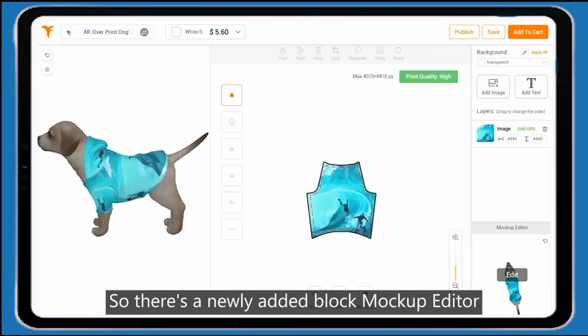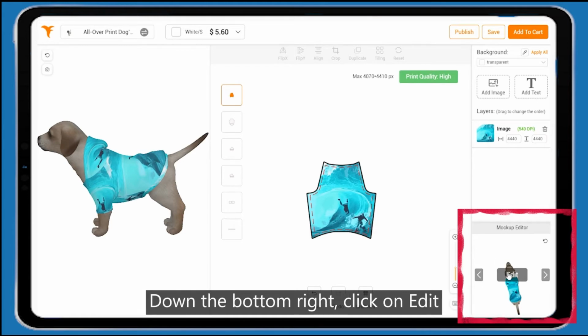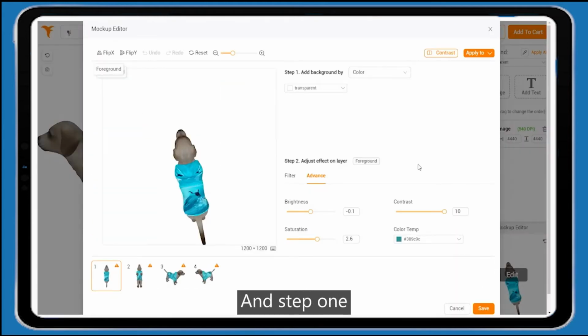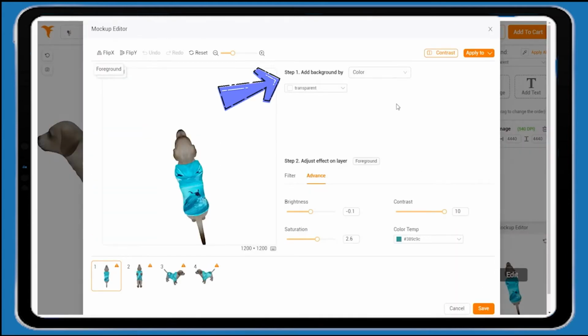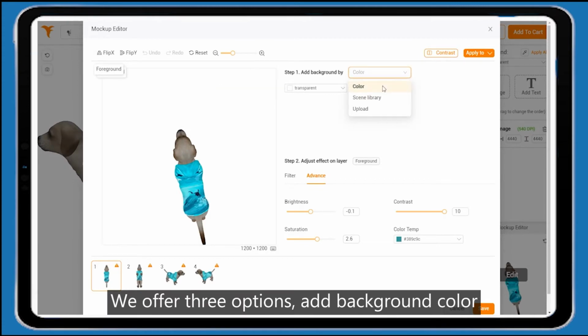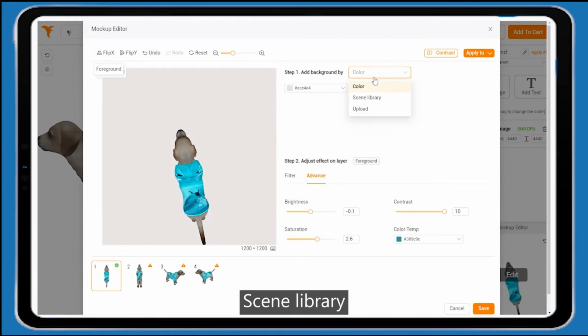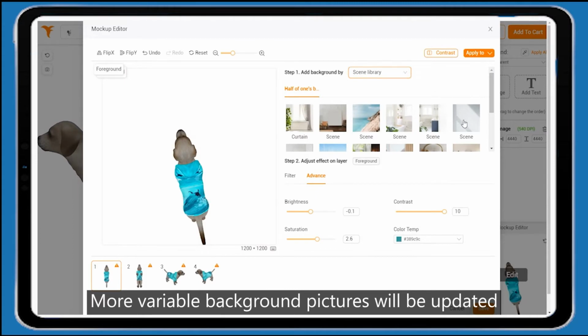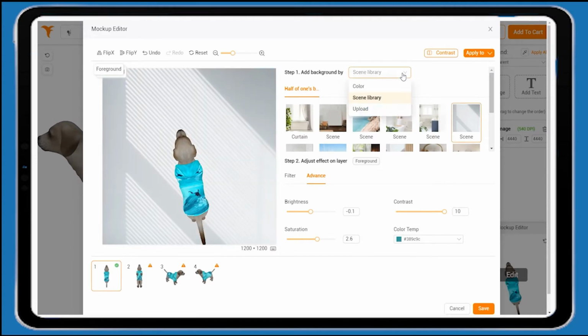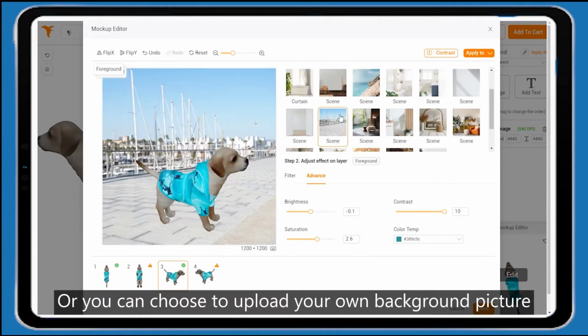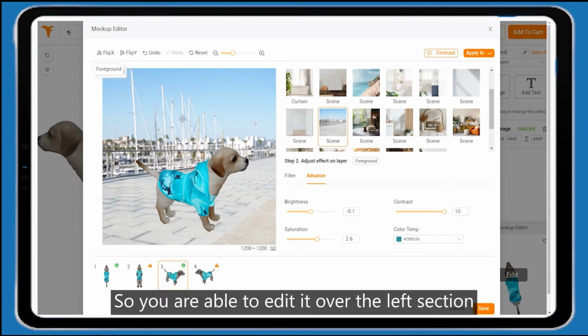So, there's a newly added block, Mockup Editor, down the bottom right. Click on Edit, and step 1, Add Background. We offer 3 options: Add Background Color, Scene Library, more variable background pictures will be updated. Or you can choose to upload your own background picture, so you are able to edit it over the left